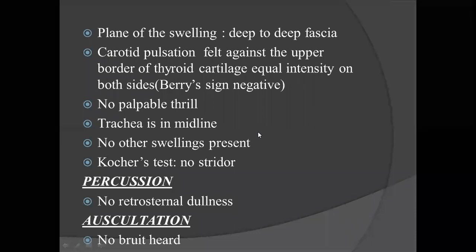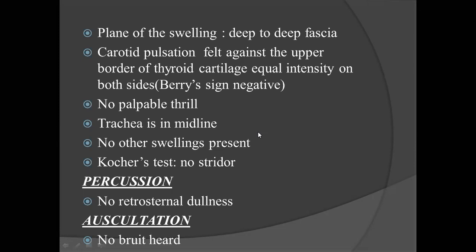Next is Lahey's method. Suppose you have only one lobe of thyroid, the right lobe, you want to examine. You use your hand to push it from the left side with the trachea. What happens is the right lobe becomes more prominent. Then you can palpate it nicely. In the same way, if you want to examine the left lobe, you push the right lobe from this side and see, this left lobe can be palpated very nicely. This method is called Lahey's method of palpation.